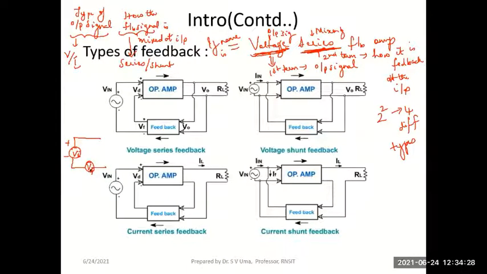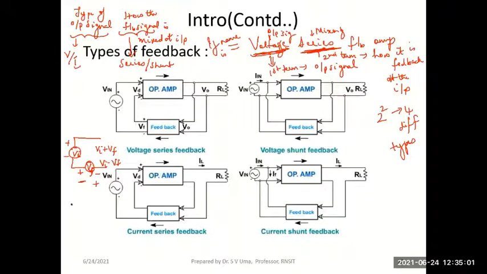See VF, the feedback signal. If I want to add it, I will give it in phase. Then the signal here will be VI plus VF. Both are adding on to each other. Whereas if I want to subtract it, I'll give it with this sign, out of phase. Then the signal becomes VI minus VF. Please remember, whenever I make a series connection on the input side, it will always be a voltage signal.